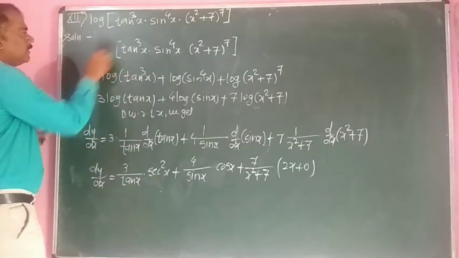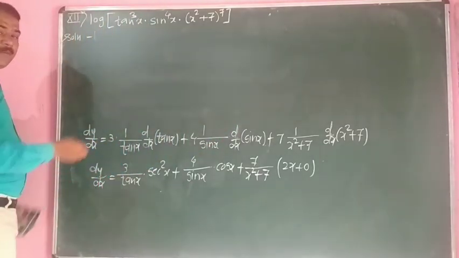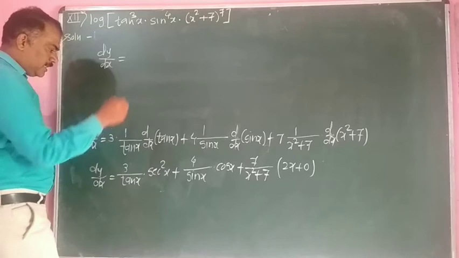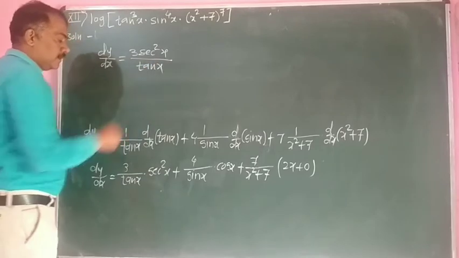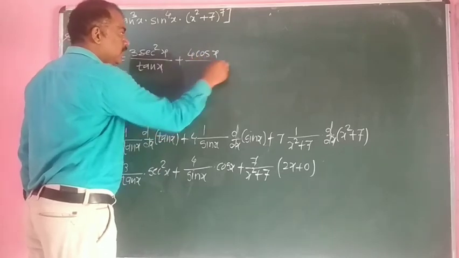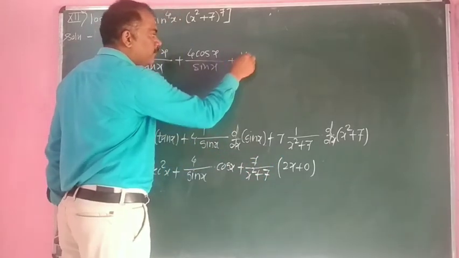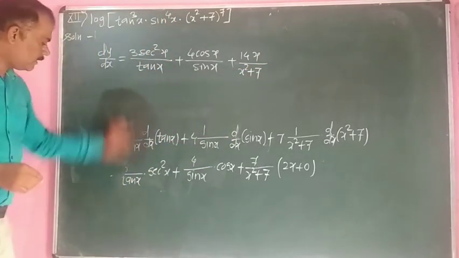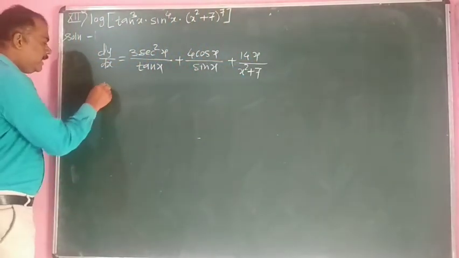Now we have to simplify further. That is, dy by dx is equal to 3 sec square x divided by tan x, plus 4 cos x divided by sin x, plus 7 into 2x, that is nothing but 14x divided by x square plus 7. Okay, dy by dx is equal to